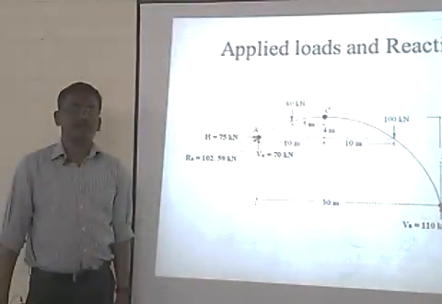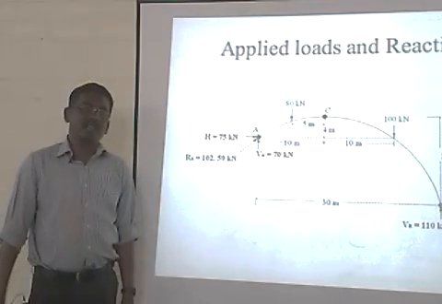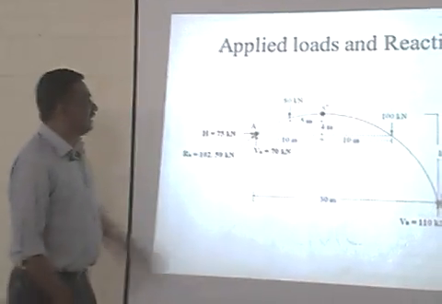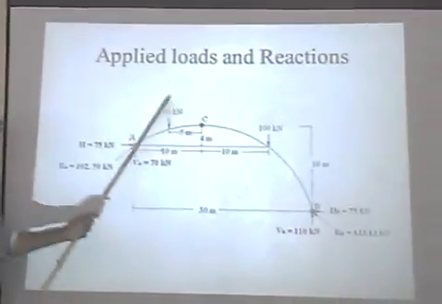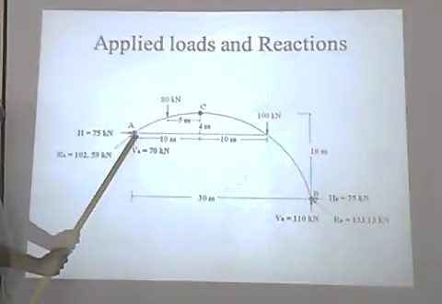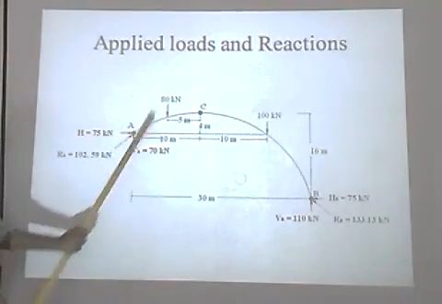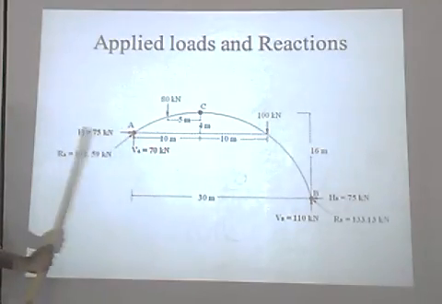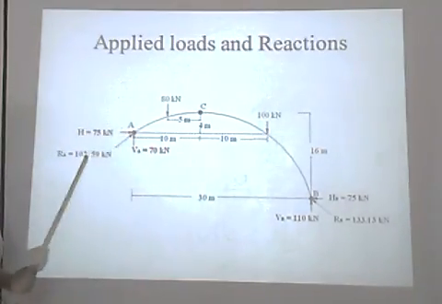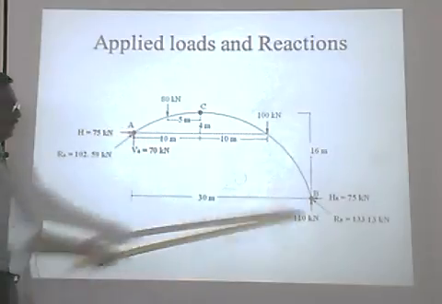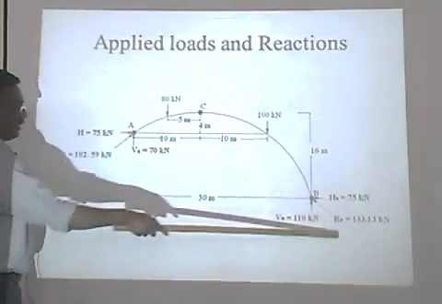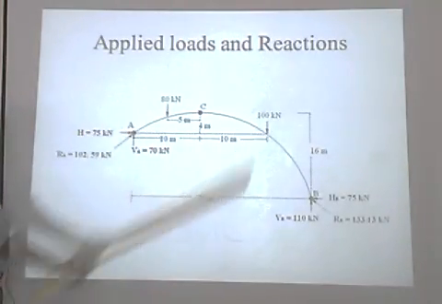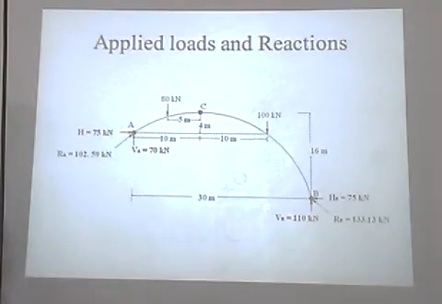Now let us mark all the applied loads and the horizontal reaction in the diagram. So it may be summarized like this. This is the given arch, and these are two applied loads and supports A and B, ground C. The distances are marked. Now we have to mark the value of HA and H, VA and H, and the resultant reaction, and VB, H, and the resultant reaction at B. The span is also marked here. This summarizes the values of the reactions that we have found out so far.